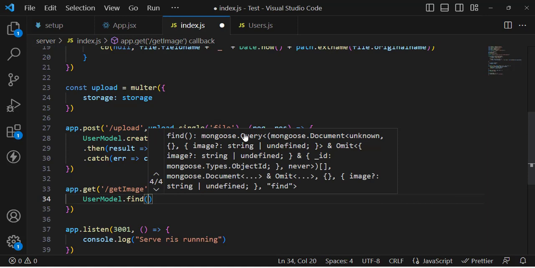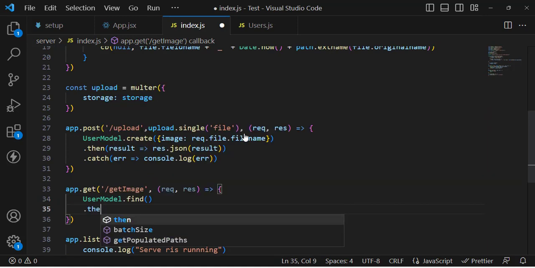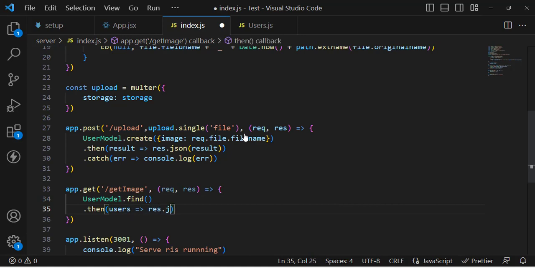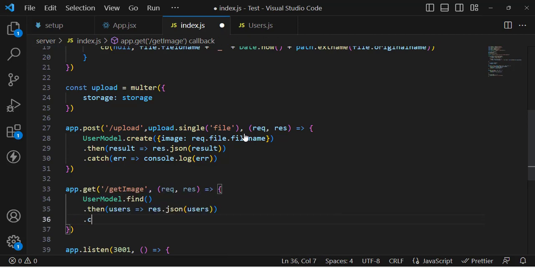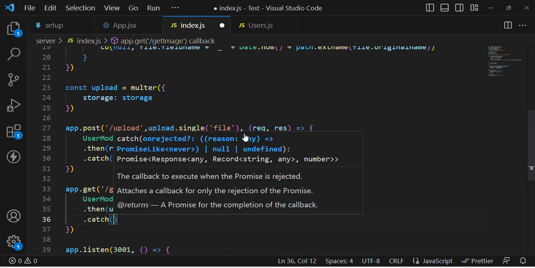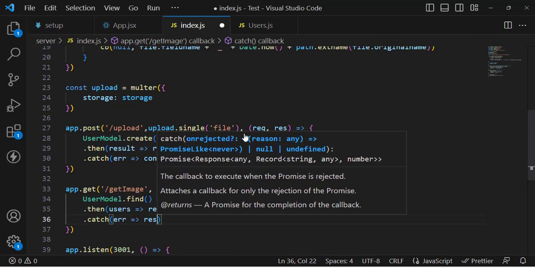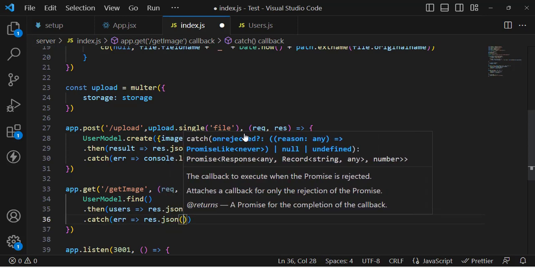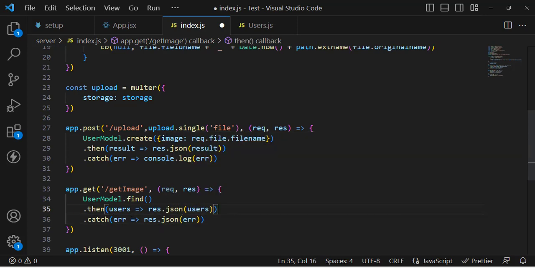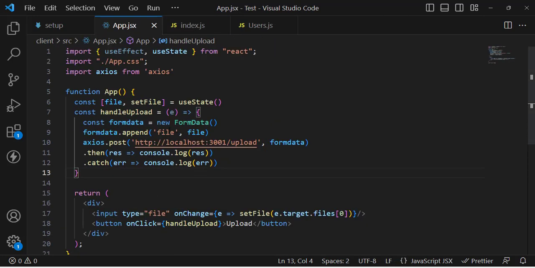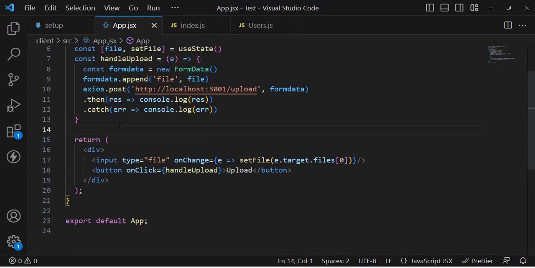And after that, I will fetch all the records. Okay, then we will get the users and result.json, return that. Catch if there was any error, result.json, return the error. So now let's move to the app.js, and here I will use the effect hook that will